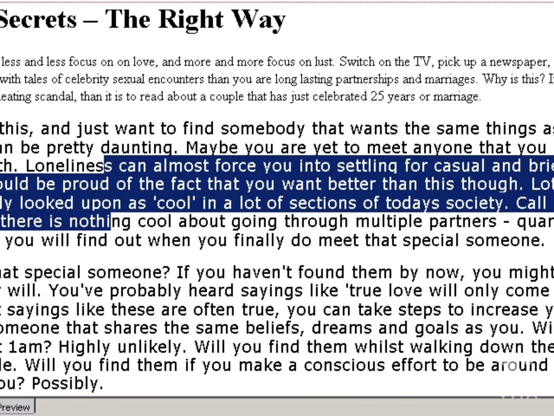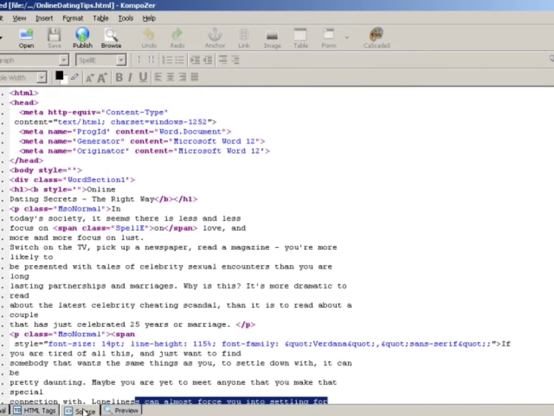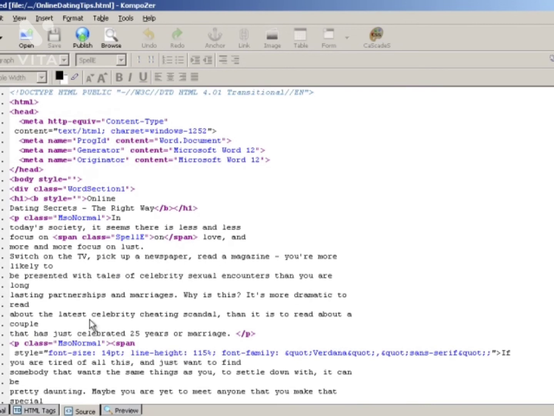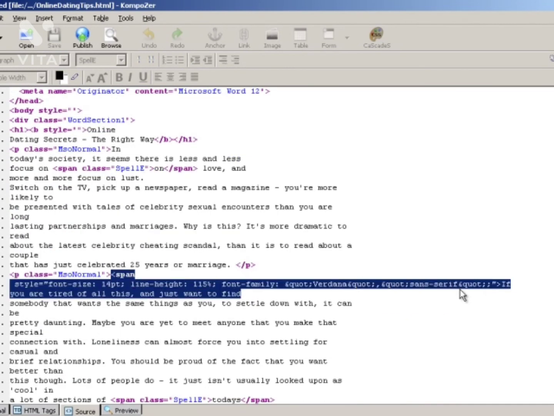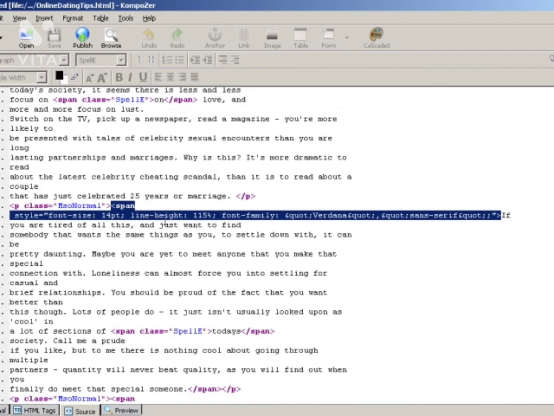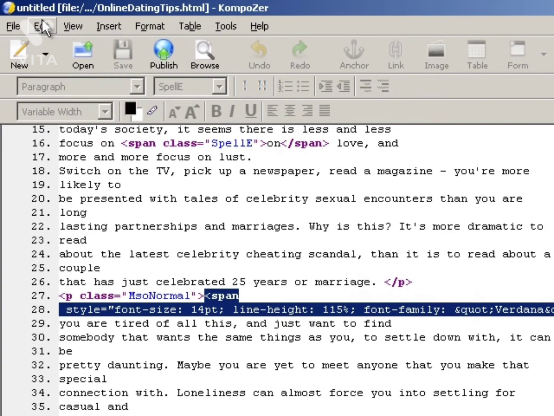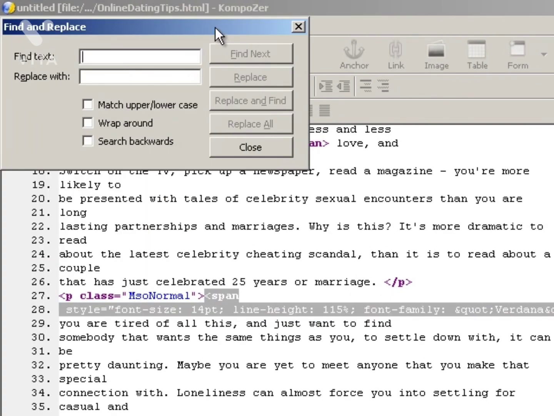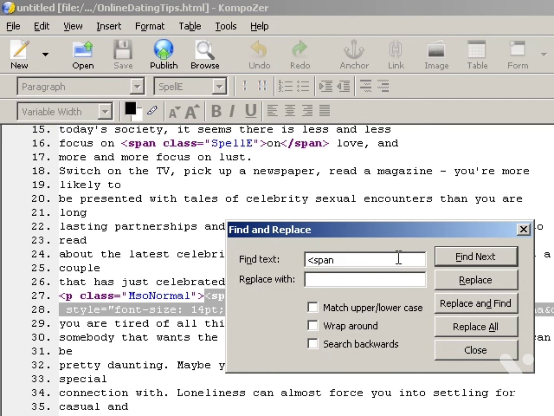So what you will need to do is go through and basically remove those span tags. Now you're thinking, oh my word, this is going to be a really difficult task. But here's a fast trick. What you can do is this. You'll notice the pattern of P class, blah blah blah, all that stuff. So if I highlight the span text and copy it, and I go up here, click on edit, find replace, what I can do is click on find text and paste that here.